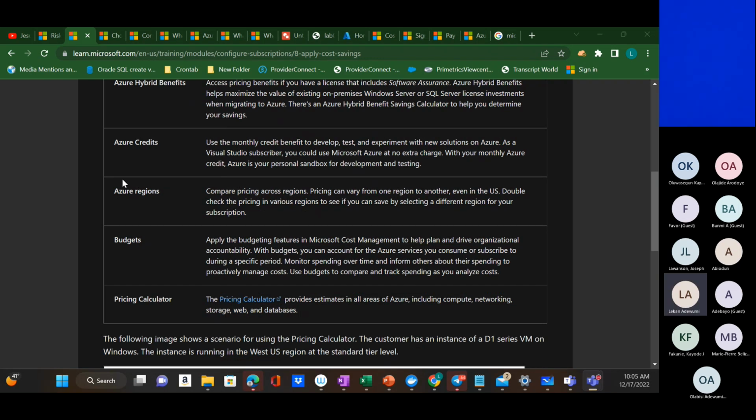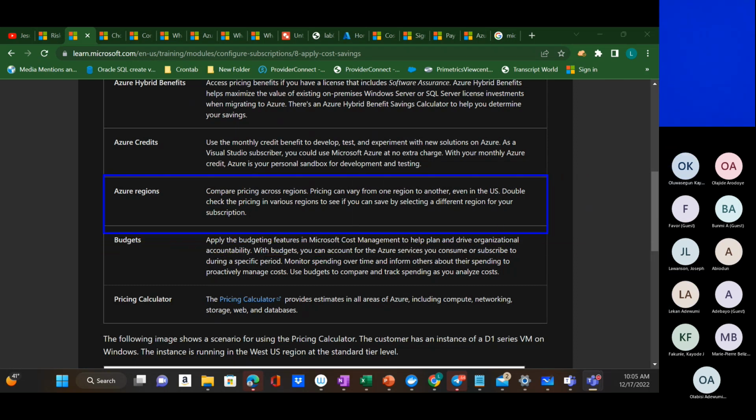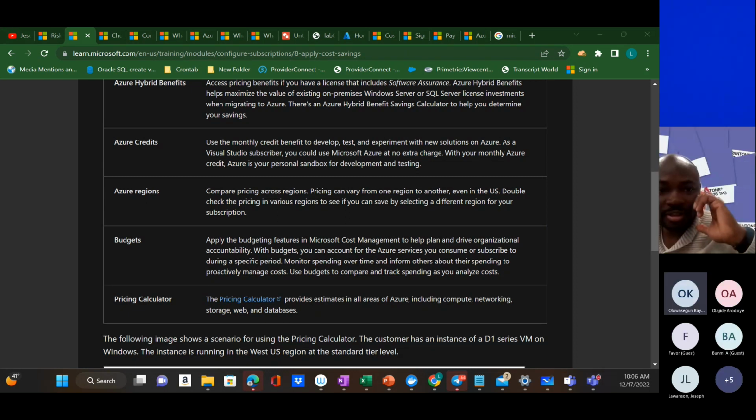And then prices vary across regions. Can somebody remind us again why prices vary across regions? We discussed this, I think, on the first day. Somebody who wants to go? Why do prices vary across regions? Can everybody hear me? Yes, we discussed this on the first day, and one of the things we said is